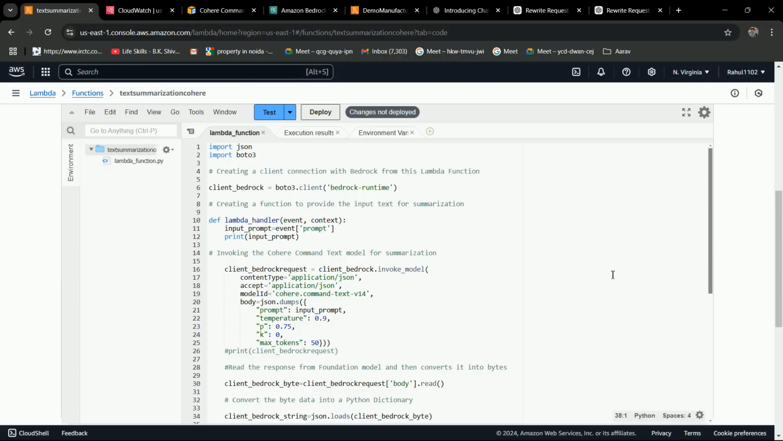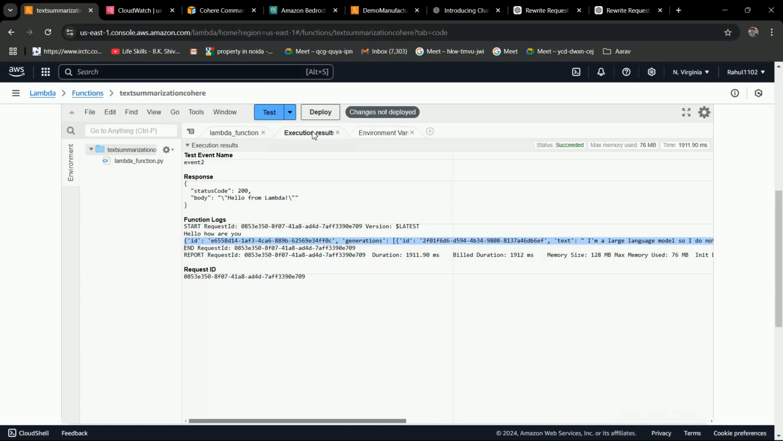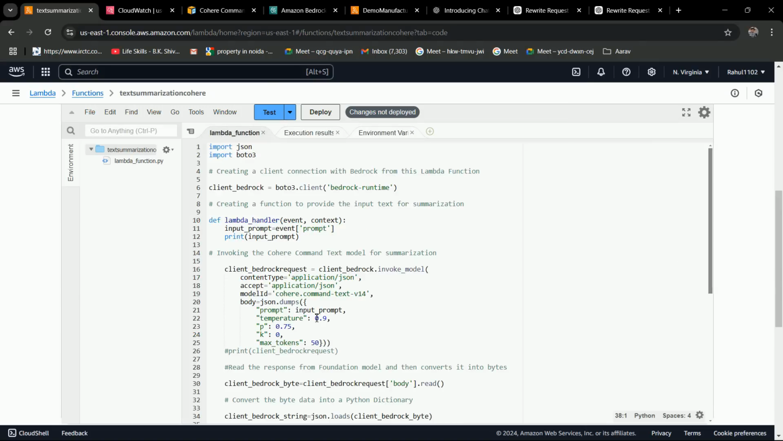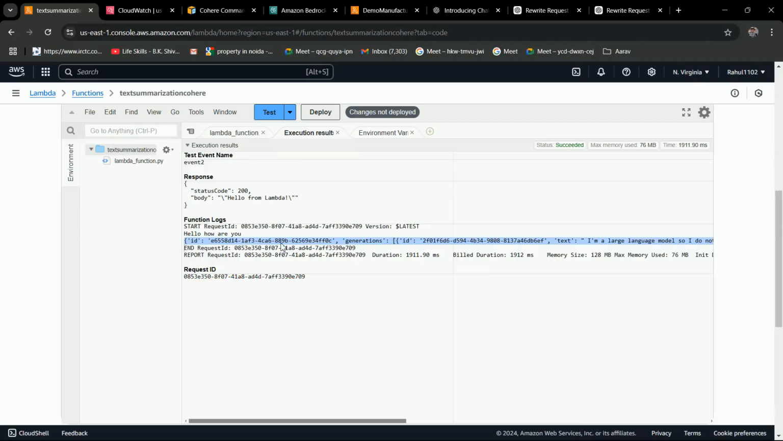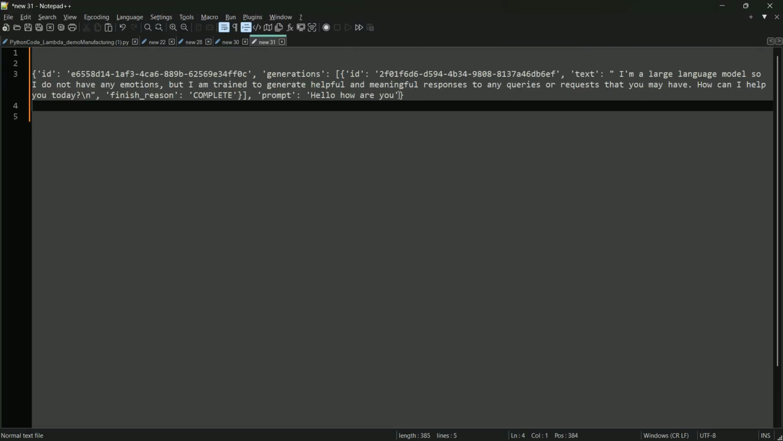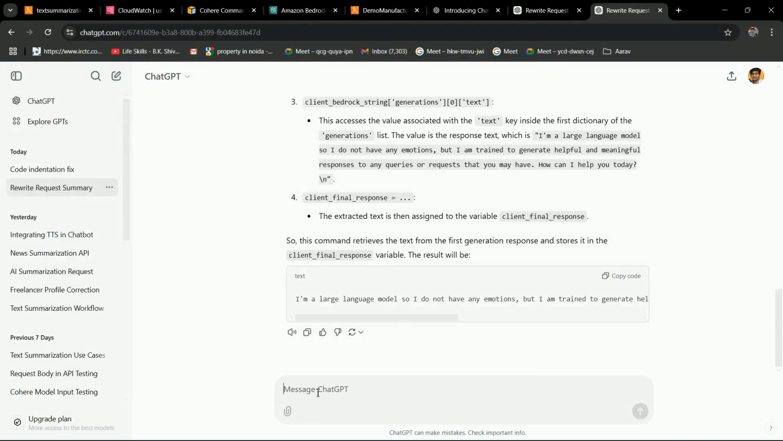Hello everyone. So in the previous lecture we have executed this Lambda function and this is the execution result, and this is the output of this variable, client_bedrock_string. So let me do one thing. Let me copy the response and put it in the notepad. Just copy this response and come back to this ChatGPT, and here just type